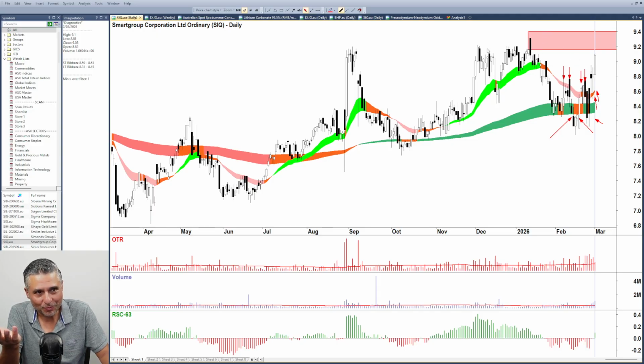There are fund managers out there, for whatever reason, they don't like Smartgroup. How can you tell? Just look at the chart. There are fund managers that clearly don't like this thing. Now, we know there are fund managers that do, and they're starting to win the battle, but they are trading. They are increasingly trading and increasingly removing those non-believers. That's what the volume is telling us. Okay, so I think we're okay there.